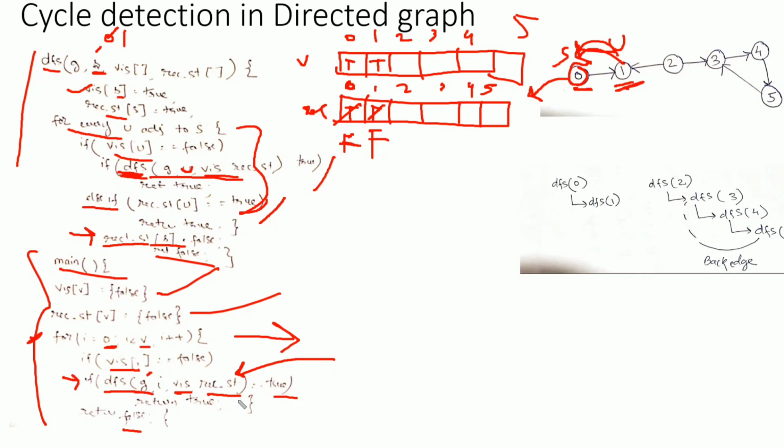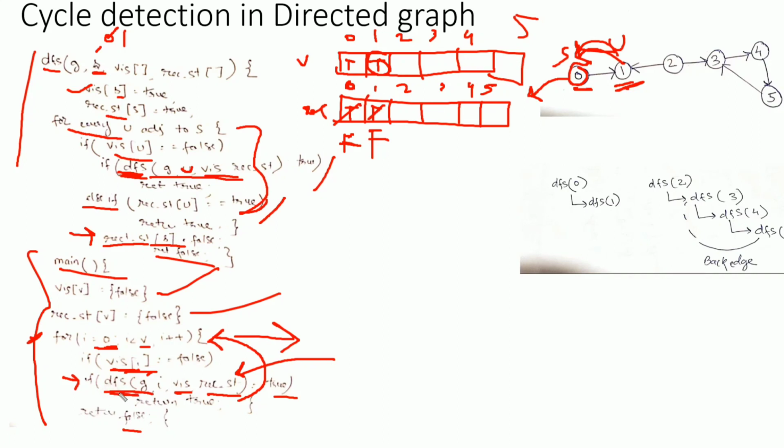It means we need to increase the value of iteration. Vertex 0 we have already traversed. As this is a for loop, the initial value of i was 0. Now it changes to 1. So we see visited of 1 is not false because 1 is already visited. So again we will increase the value of i because this is a for loop. Now the value of i changes from 1 to 2. Now visited of 2 is false. Yes, visited of 2 is false.